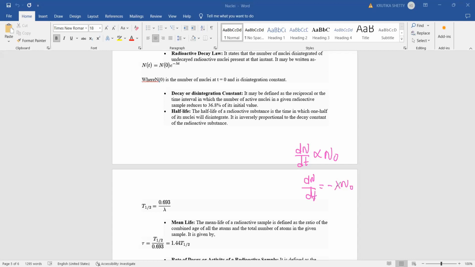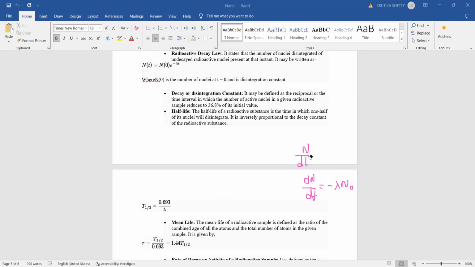Here the minus sign indicates that the number of atoms is decreasing with time; the negative sign shows the decrease in the number of atoms with respect to time. Lambda is the decay constant here. So all this we have discussed in the last class. What we are going to see today is